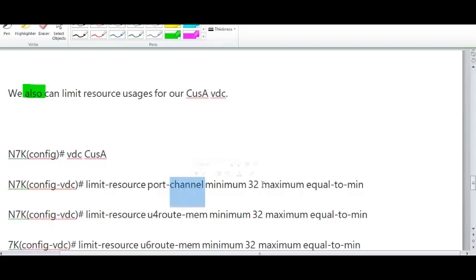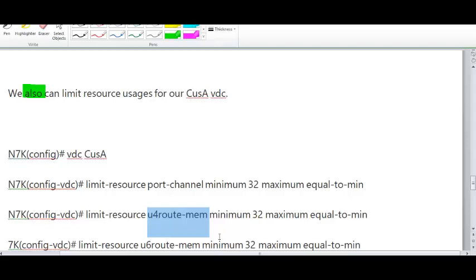IPv4 unicast routes, in the routing table, 32, sorry, this is memory. Unicast route memory, minimum 32, maximum equal to